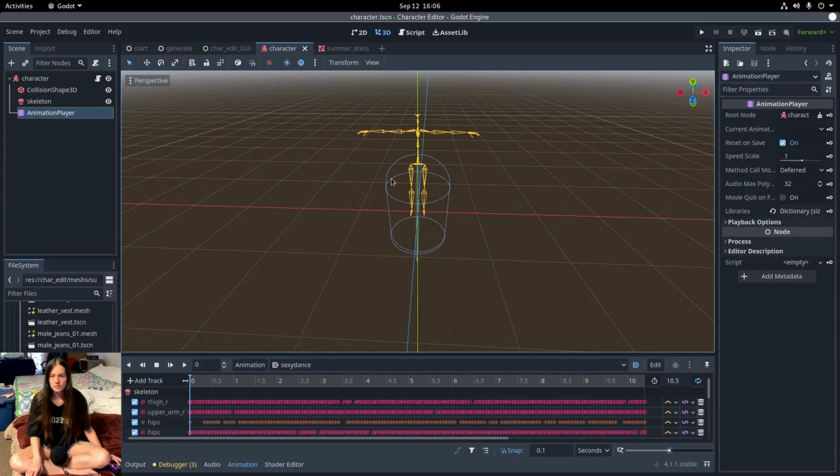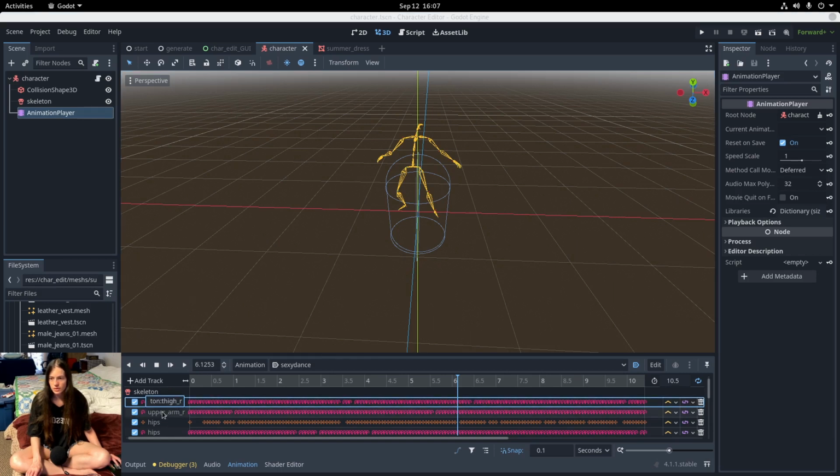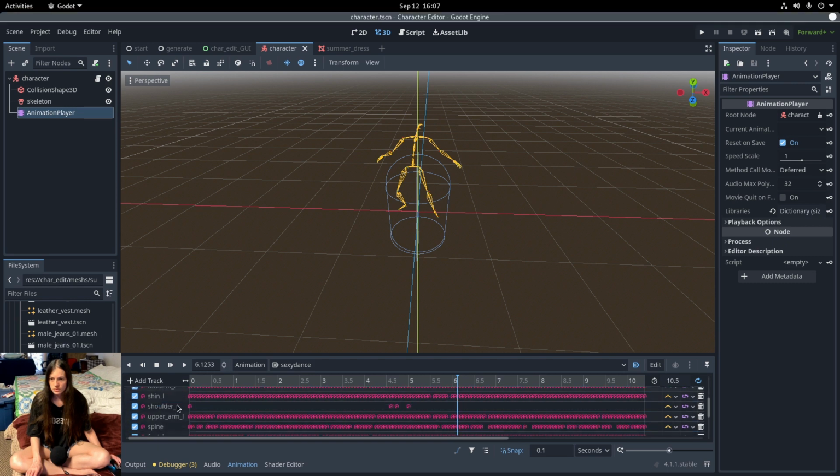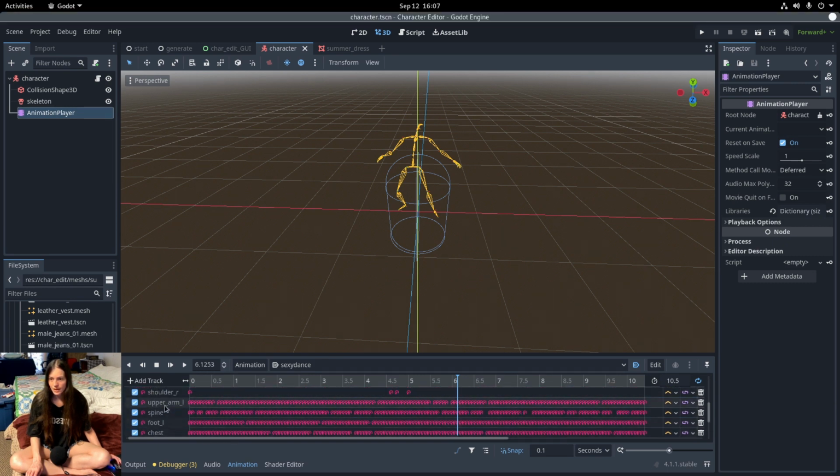Then I was able to get the animation for the dance to play that was included in the original version of the project. I did have to move some nodes around in the import process, and you can rename the individual targets as well. So that was kind of tedious, but I was able to get it pointed at the skeleton,